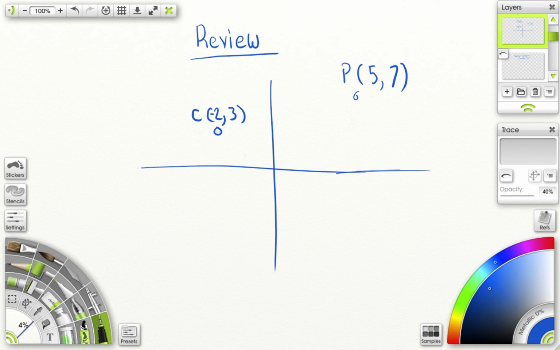Well, I have to draw a right triangle, so I have to figure out these 2 lengths here in order to figure out this one. So in order to do so, I can count 1, 2, and then it's 5. So 1, 2, 3, 4, 5. That's 7 units across. And then how many units up is, so it's 3 and I go to 7. So from 3 I go to 7. 3, 4, 5, 6, 7. And that's 4 units. How do I figure it out? I use my